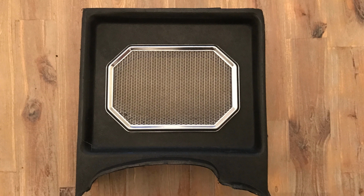But I think on the later cars there's a slightly bigger space behind there to be able to fit a radio or something like that. But then you've also got switchgear which should be mounted on the centre console, so you may have to consider relocating those. The first thing that I did was to remove this from the car